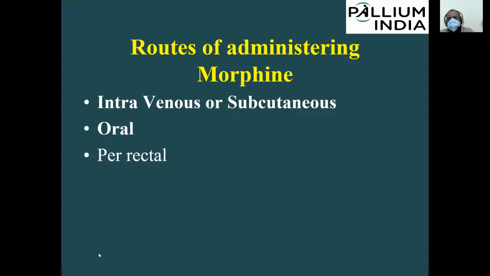So you have to take 5 milligram of oral morphine tablet, then add 2 drops of water, make it a paste, and then rub it in the anal canal so that it will be absorbed. The results will be the same. In addition to this, you can also administer morphine epidurally and intrathecally.